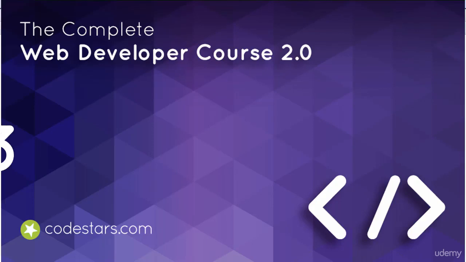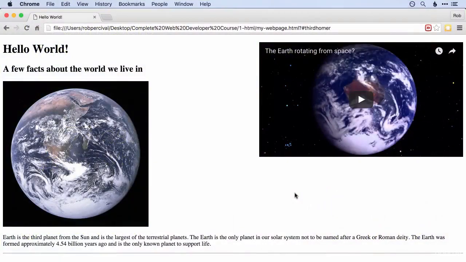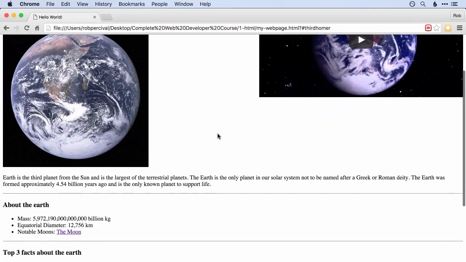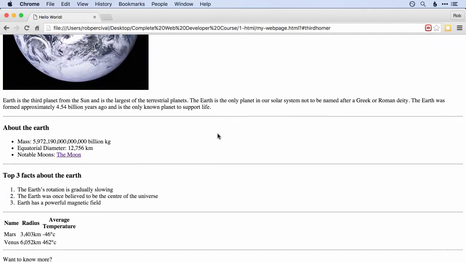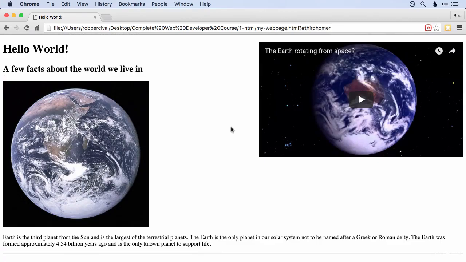So welcome back to the Complete Web Developer course. As I've mentioned, in this section we're going to be looking at style. So hopefully you have made a website that looks a little bit like this. You can see we've got all the kind of core HTML elements in there, but it doesn't look great. We obviously want to be building beautiful websites as well as useful ones, and for that we're going to need